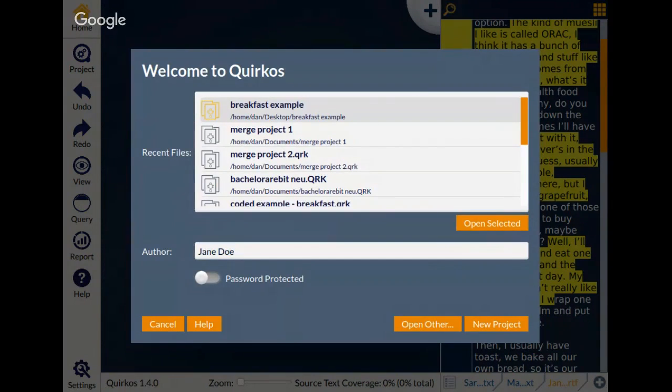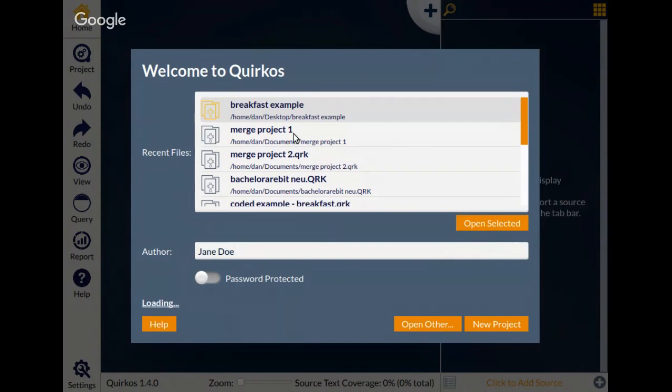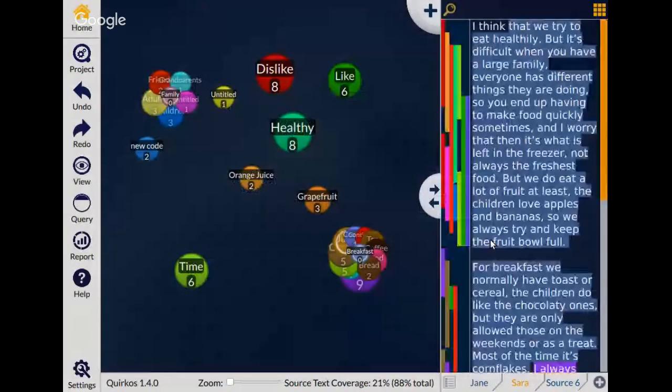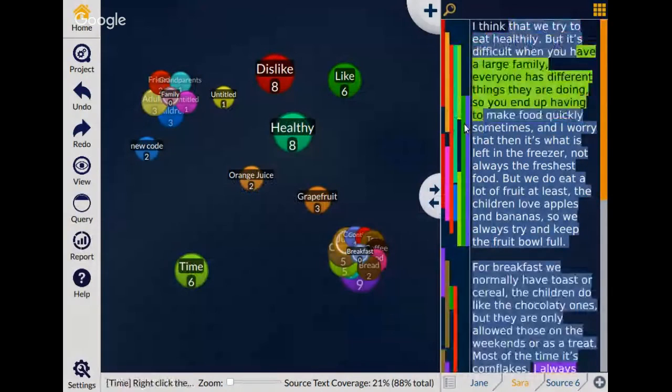Now, all these examples are available to download on our website. So if you wanted to play around with some data before you use your own, or see an example of a coded project that's been finished, you can download those and play around with them just like I'm doing here. Now, I'm just going to open this,